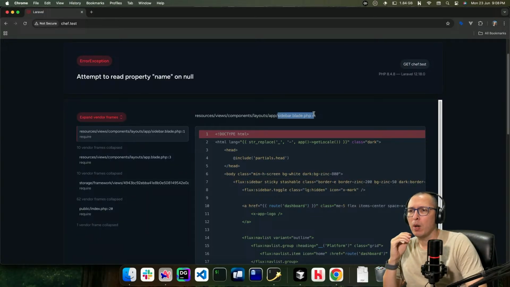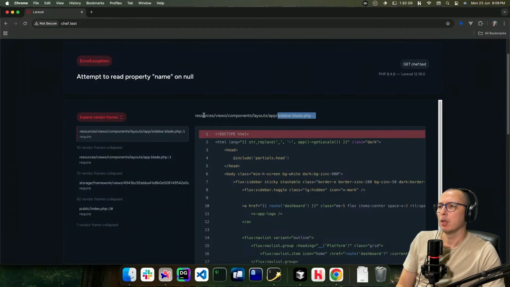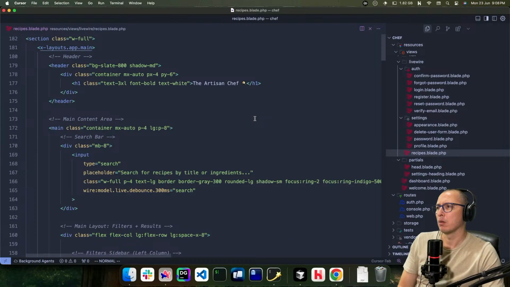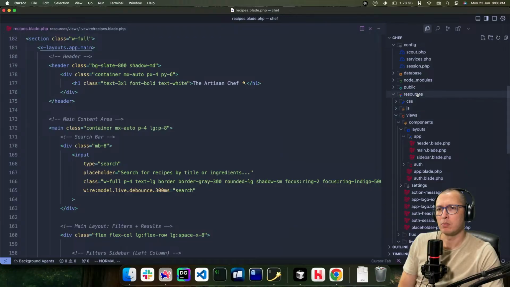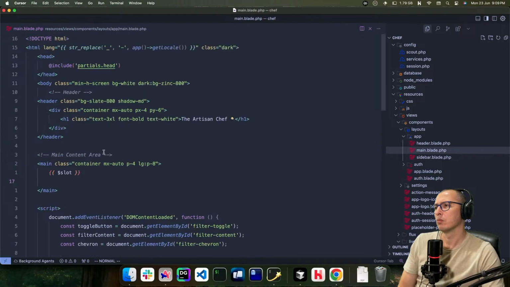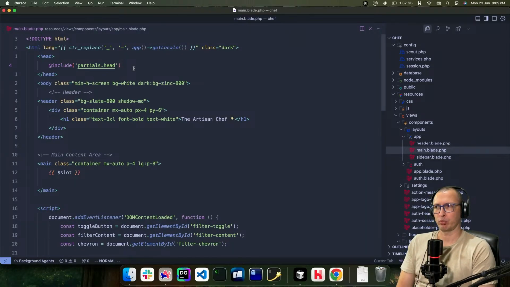Still using sidebar. Why? No. Why? Resources view components layouts app sidebar. What?